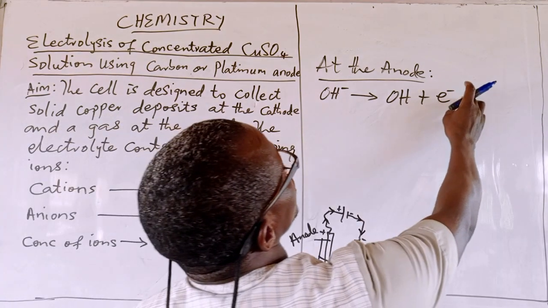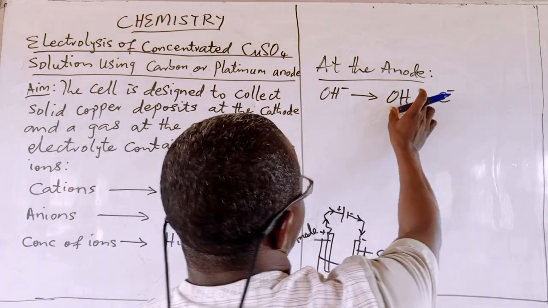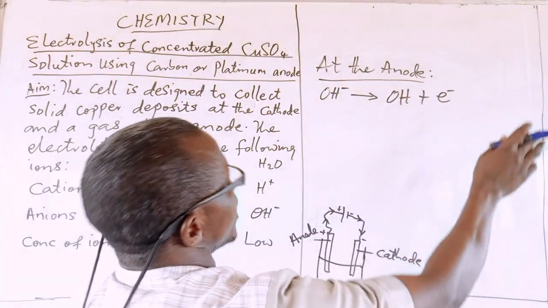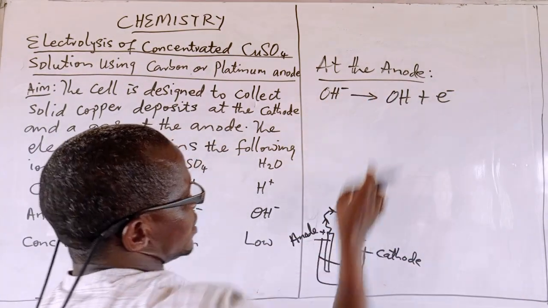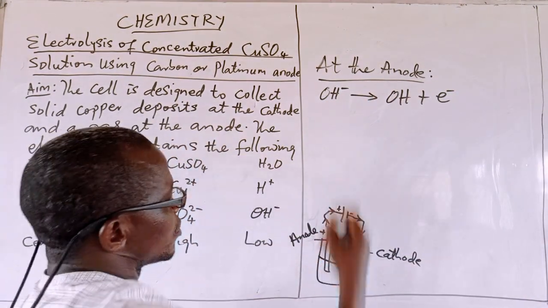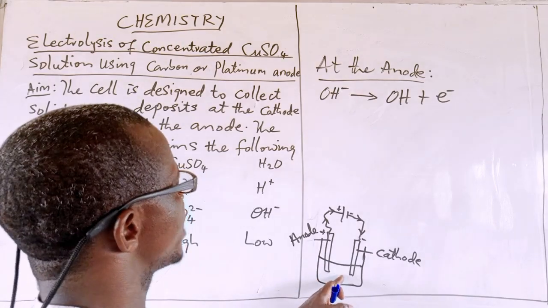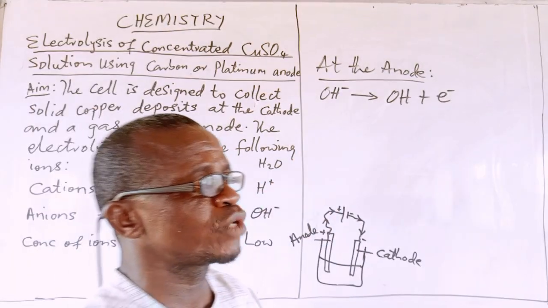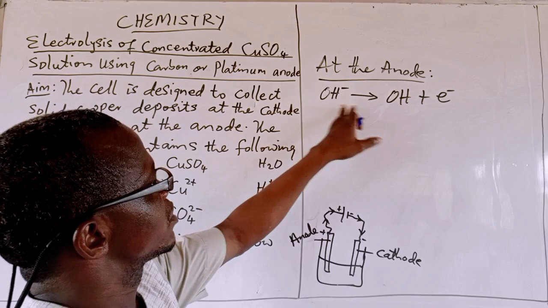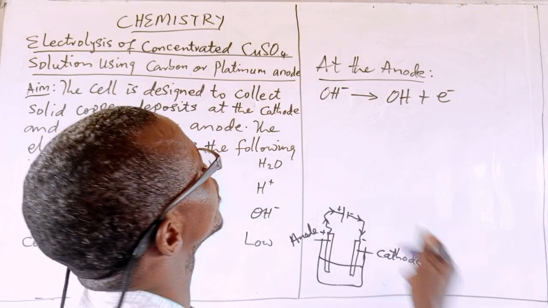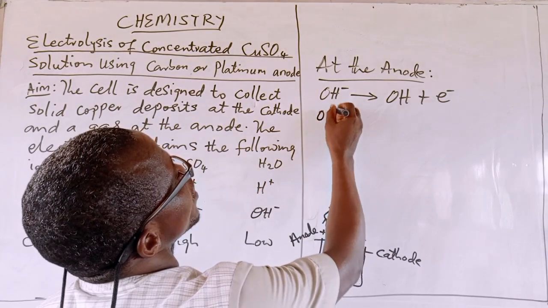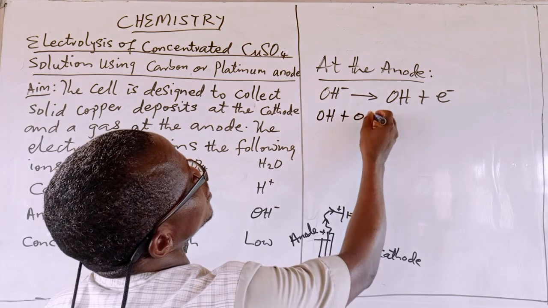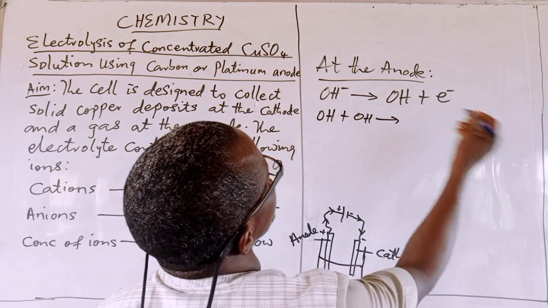Now you have this, after it has donated the electron. It turns into this and is still inside the solution. Remember that there are so many of them in that solution. Another one will do the same simultaneously and still form this. Then two of them will react. Then we now have OH plus OH